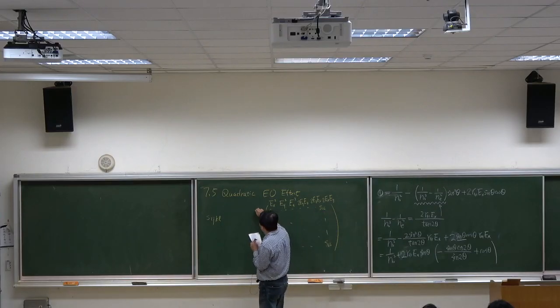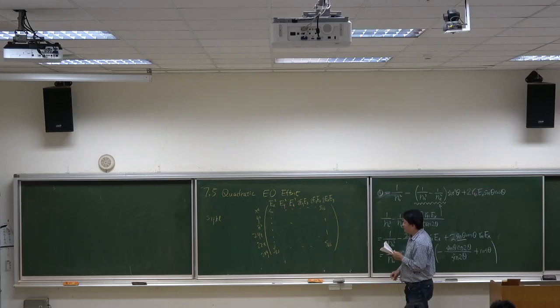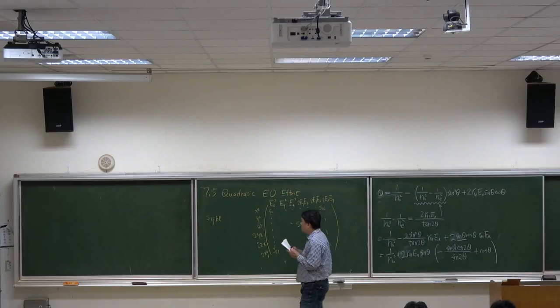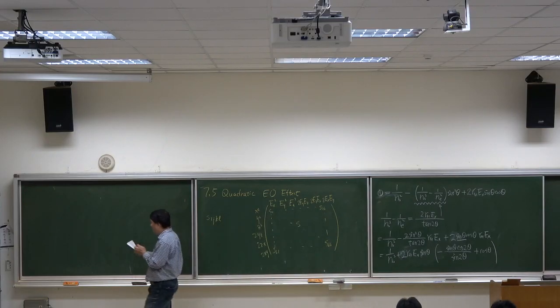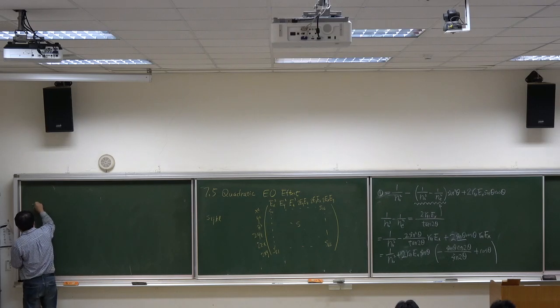And here we have x squared, y squared, z squared, 2yz, 2zx, 2xy. So once we have these as coefficients, the Kerr effect can be written as